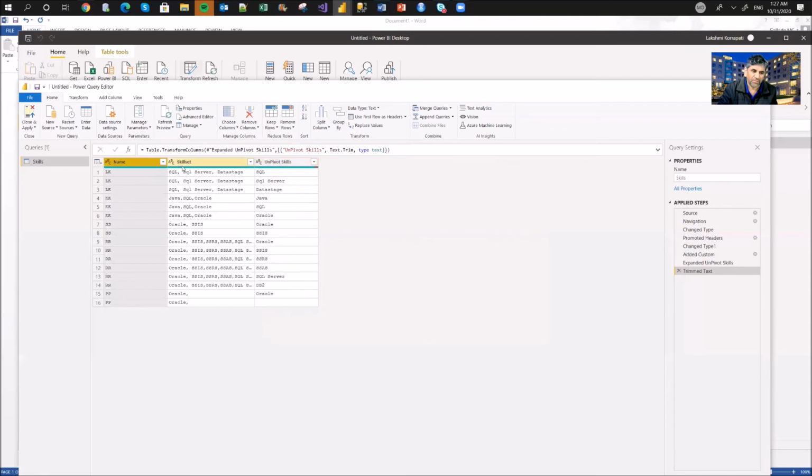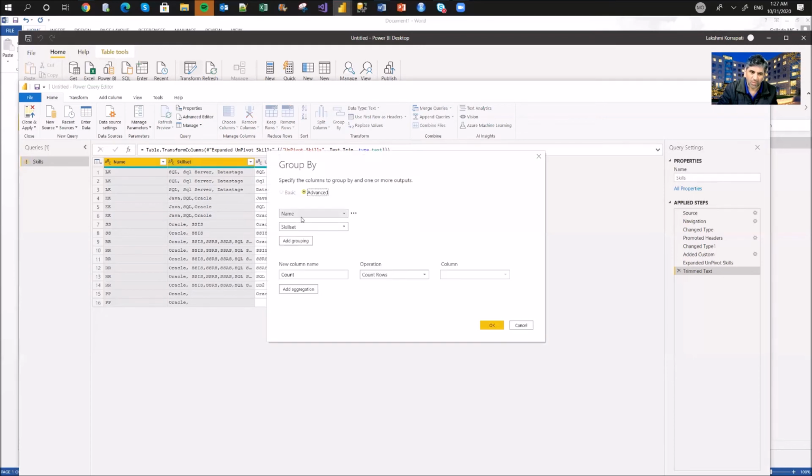Now what we need is to group by this one and transform this one. So now group by two columns are coming. Now what is the column name we want? This is unpivot to pivot.